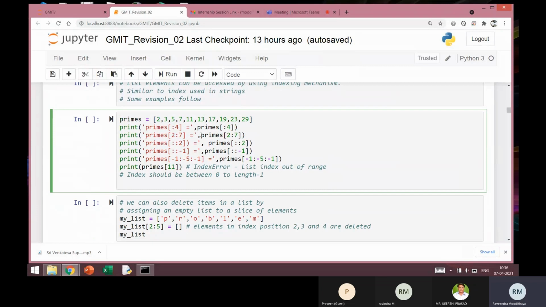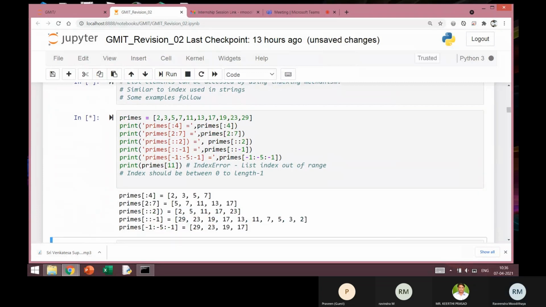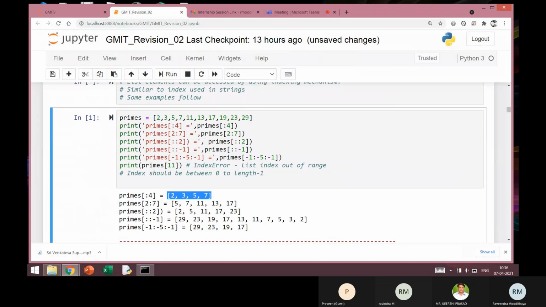Let me just execute this. We can see the output alongside together. So you can see that it has outputted 2, 3, 5, 7, the first 4 elements. The next one, starting from index 2 to 7.